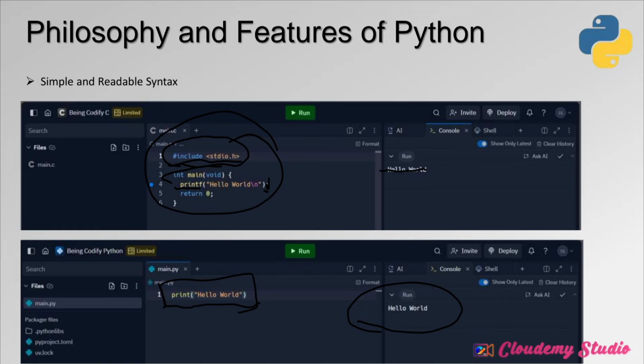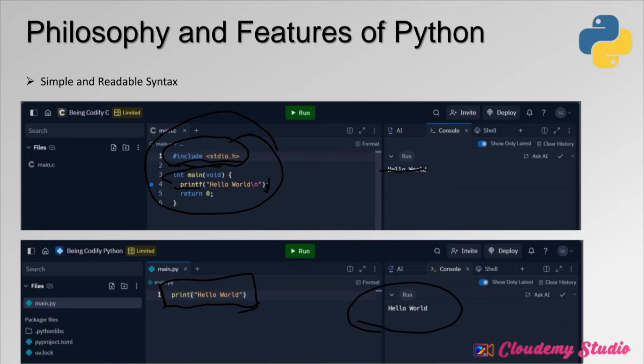What I can do using C++, what I can do using Java, I can also achieve using Python, and some applications I can achieve in a very easy manner, comparatively, than the same task being done using C++ and Java, or you can say C. The effort that I will put in by using Python will be less. So that's the core philosophy and theme for which Python was introduced to this world.